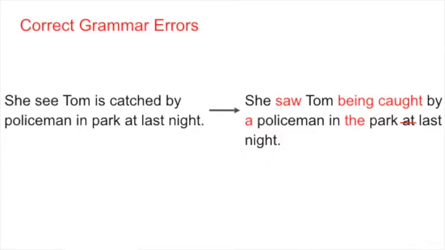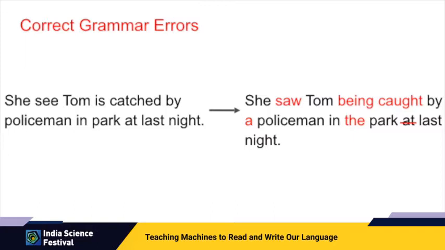Forget about correct English. Now a machine can even substitute your grammar teacher, so you can feed to it an incorrect English sentence like "Tom is catched by policemen in park at last night." This is not a made up sentence. This is an excerpt from essays written by students in Asia, and a computer can correct the grammar errors in this sentence.